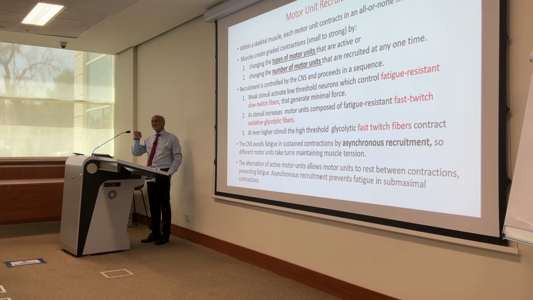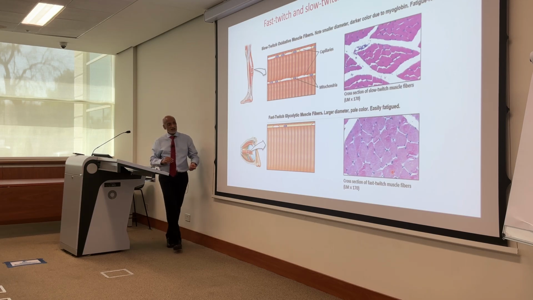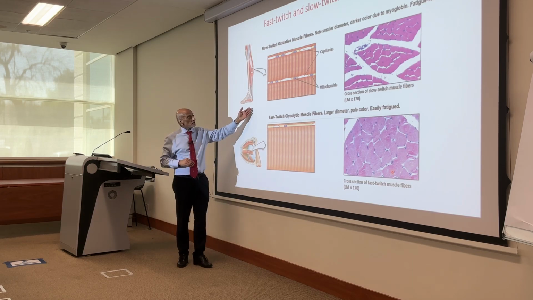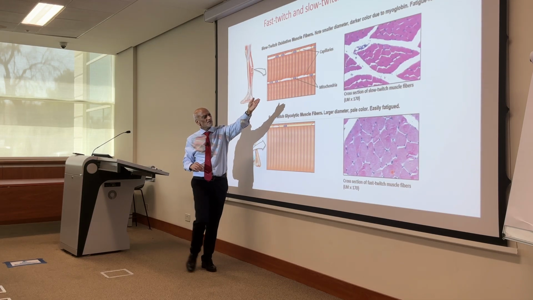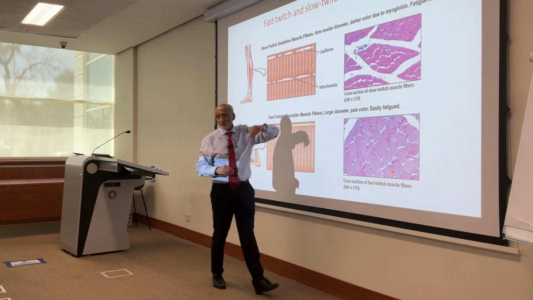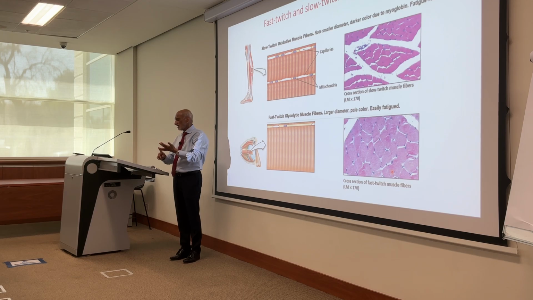What are the motor units that are not stimulated doing? They are relaxing. Asynchronous recruitment prevents fatigue in submaximal contractions. If you look at these motor units now, in these muscles in the legs, the quadriceps and so on, this one you notice is more red. If you look at the histology, it's red because it has more myoglobin, more capillaries in the blood supply,